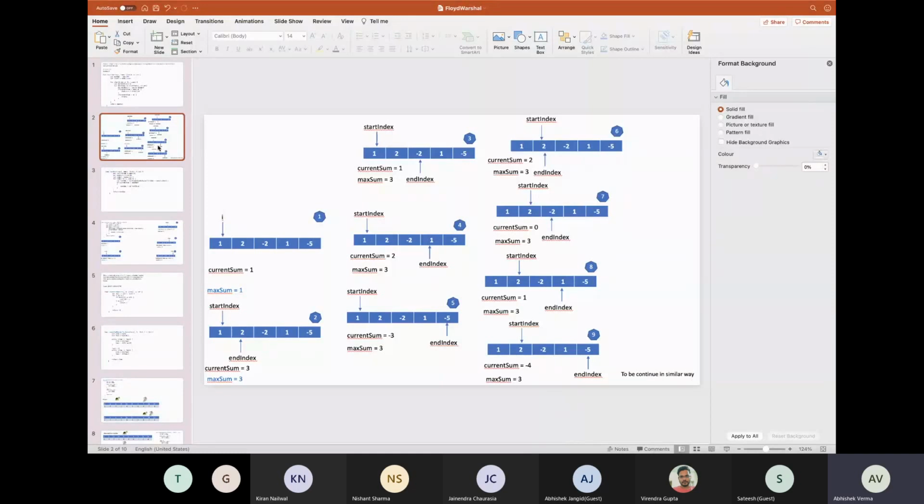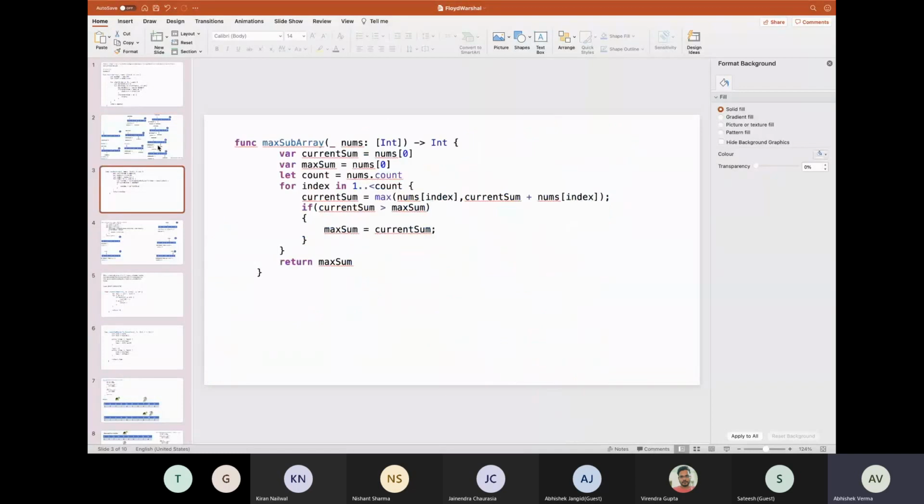So obviously we have to optimize our time complexity. One of the solutions is to use Kadane's algorithm.